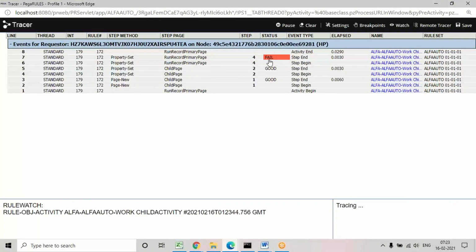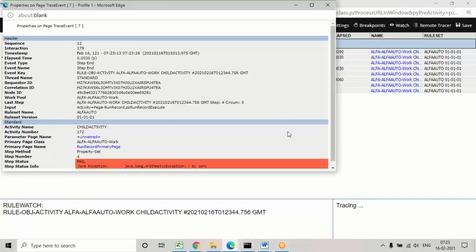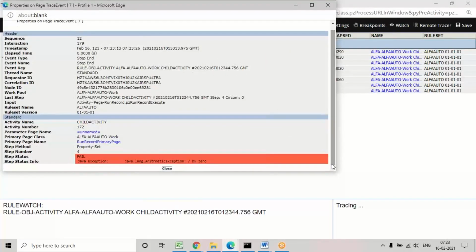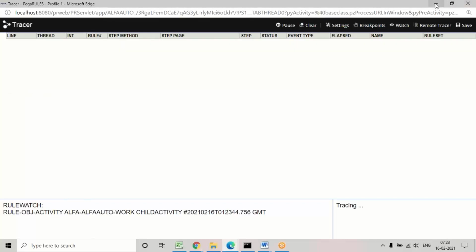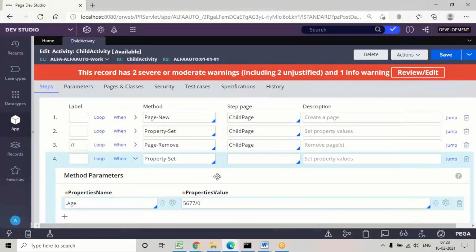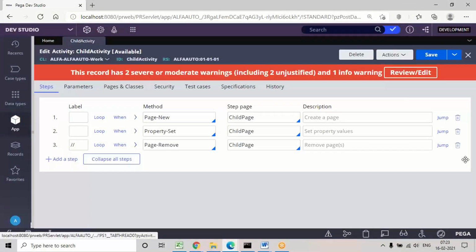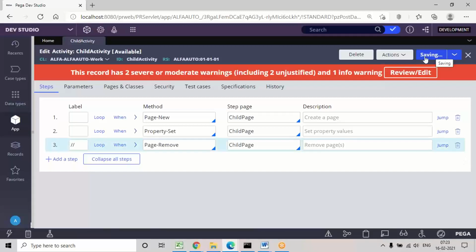Okay, the reason is simple. The value which is given is not matching with the template, so it is showing an arithmetic exception. So divide by 0 we should not give. If I correct that issue, it will be resolved and the error will be removed. Like that, any issues we can debug using the tracer. By mistake, if you give wrong parameters in an activity, or if you did not fill the parameters correctly, then you may get such kinds of issues. Those things we can correct using this tracer.